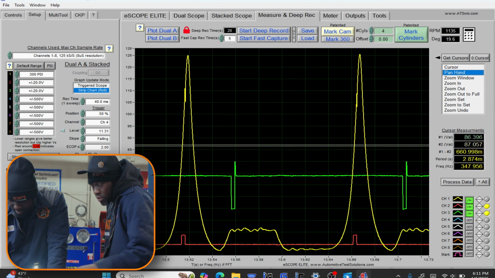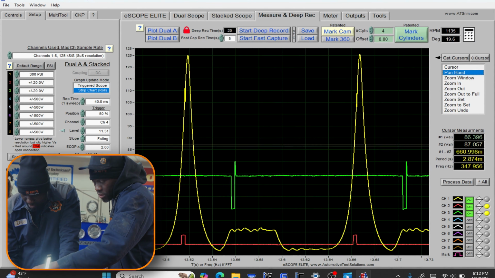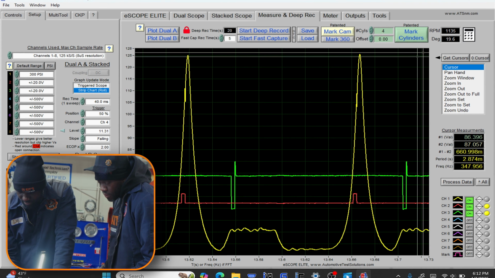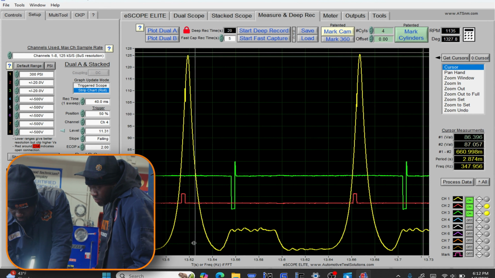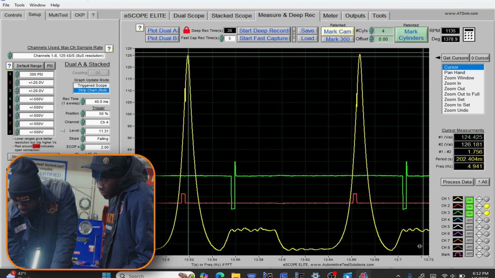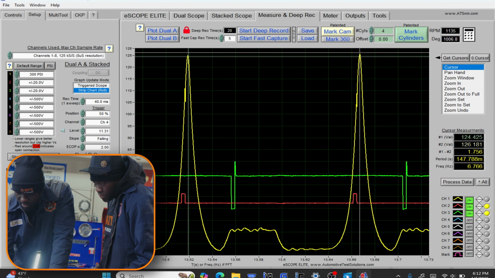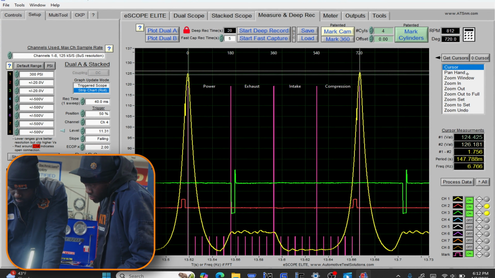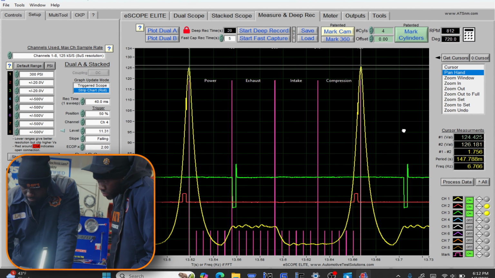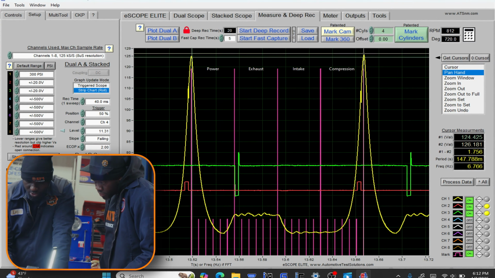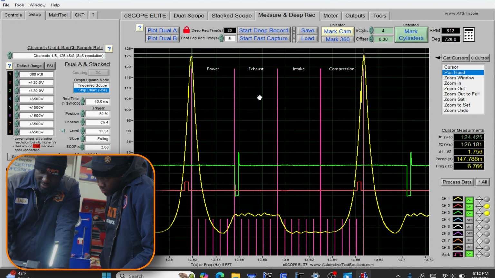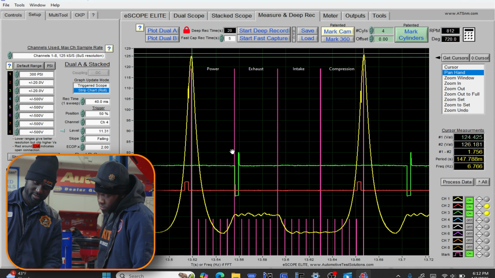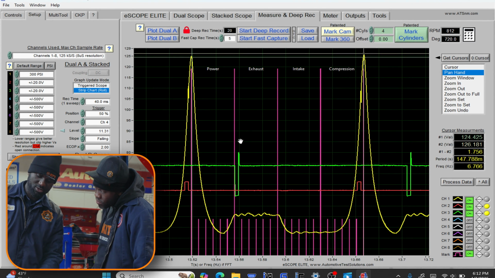Okay. So the spike should always be up here. So in terms of spark, we're good. But our injector, let me move this, let's mark this. Power, exhaust, intake, combustion. See, so we have our injectors firing in the exhaust stroke. Now, although we don't have a big spike over here on the injector waveform,